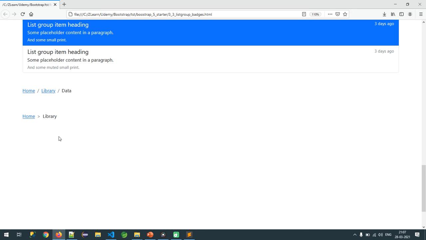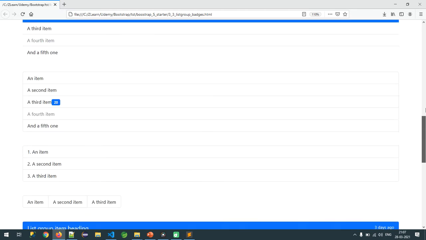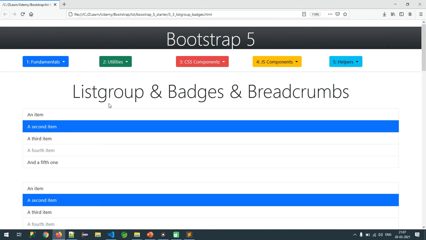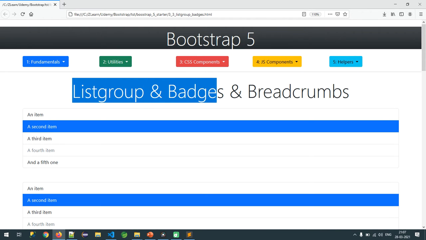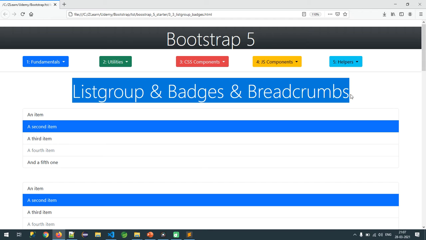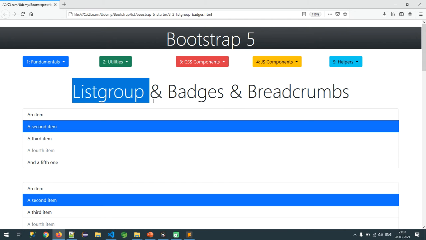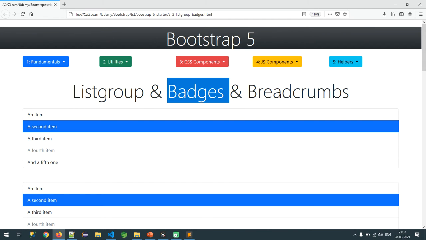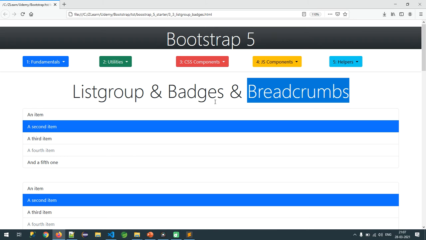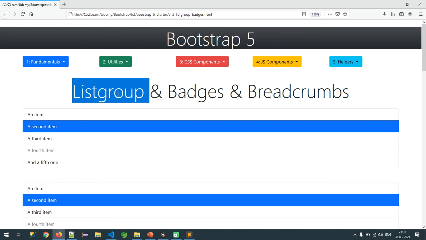So this is the way I'm going to configure in our web page by using the predefined classes from Bootstrap. List groups are possible, badges are possible, breadcrumbs are possible. To display a collection of links or a collection of data, we use the list group.